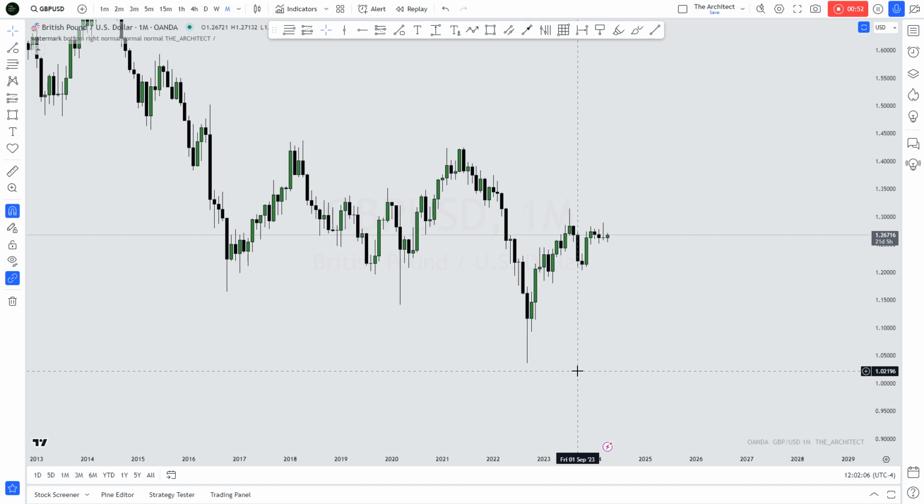Order pairing essentially means that they're trying to enter the market at specific points of liquidity, against specific points of liquidity. And it would have to be higher time frame liquidity, because that's the time frame that possesses the larger amounts of liquidity. For example, if we're looking at a monthly low like this and comparing it to a 1 hour low, it's clear that the monthly time frame low would possess a larger amount of liquidity, because there's more investment at that point compared to a 1 hour low. So that's essentially why we're looking at our higher time frames.